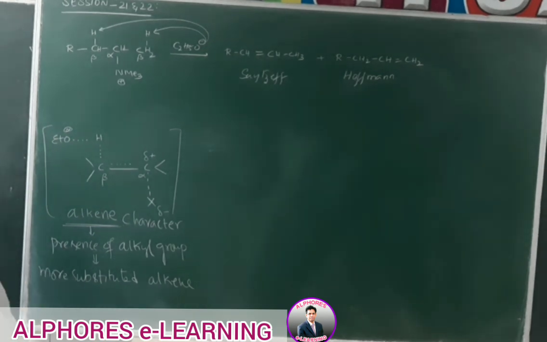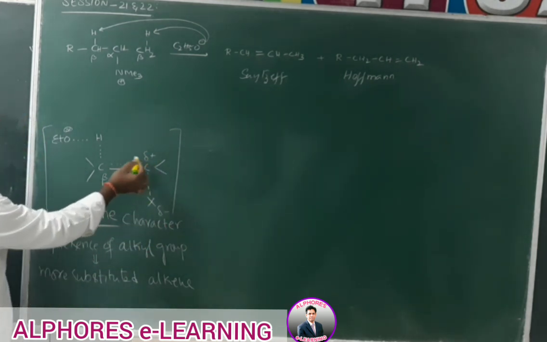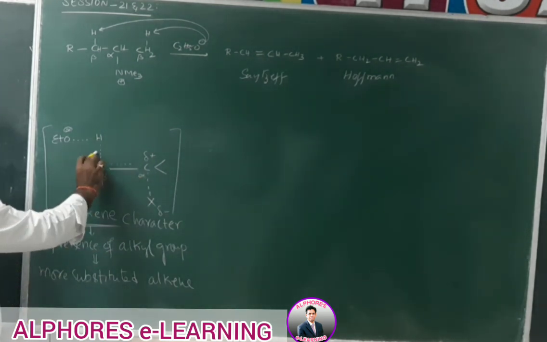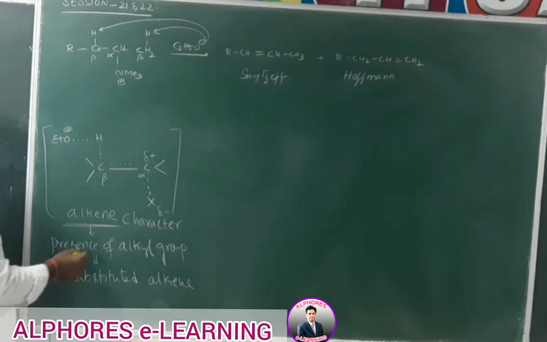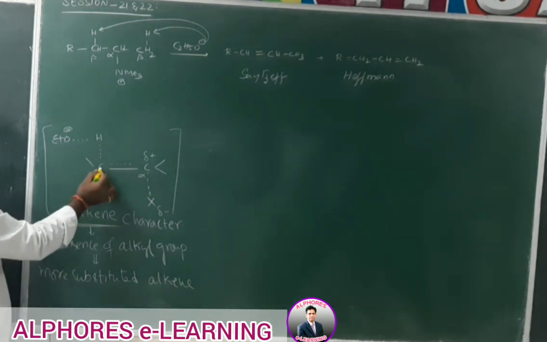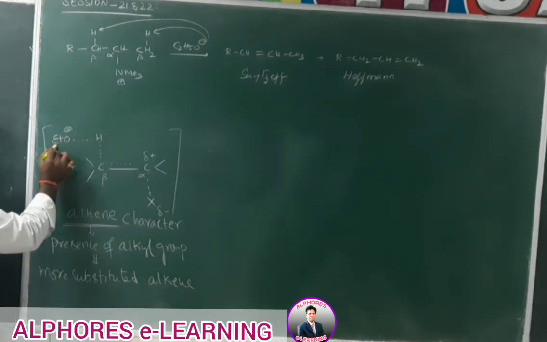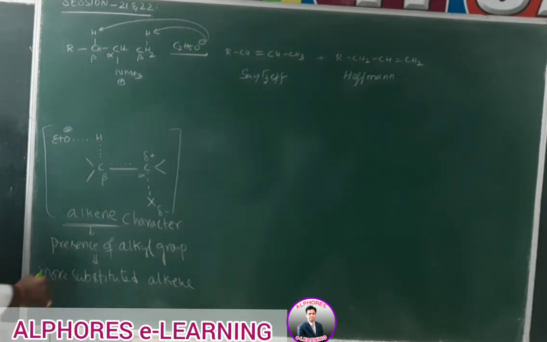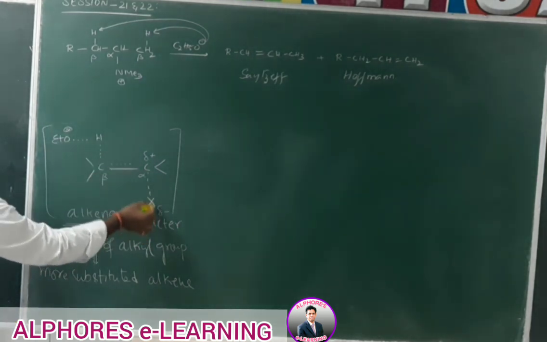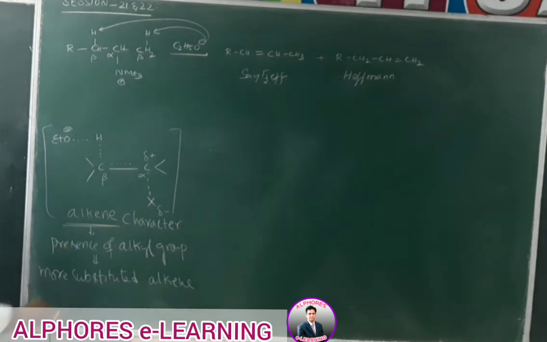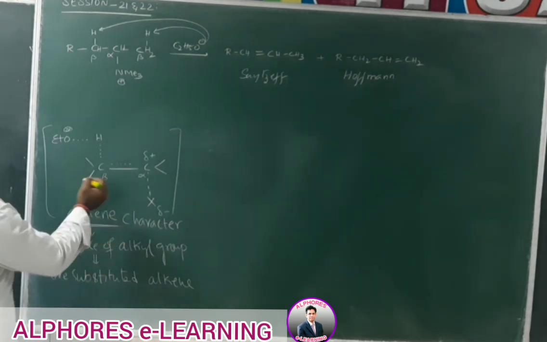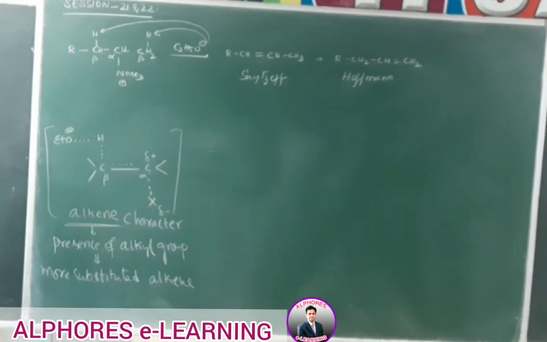All these things happen when the leaving group is a good leaving group. If it pulls electrons towards itself, it acquires a partial negative charge. In such a case, the carbon acquires a partial positive charge. To compensate that positive charge, the CH bond electrons should be shifted in this direction. As a result the CH bond is going to break, and that hydrogen will be abstracted by the base. So here you get alkene character, and this is anti-periplanar elimination that we learned in the previous session.